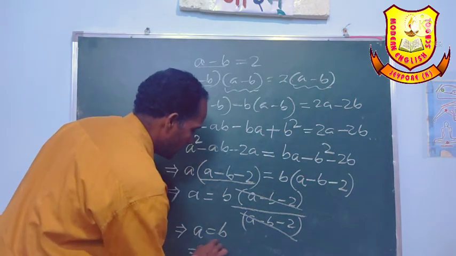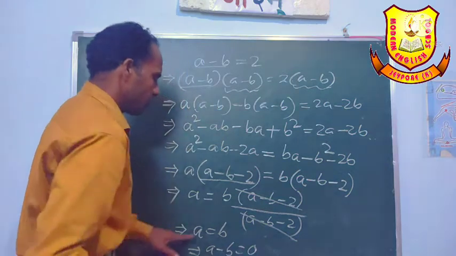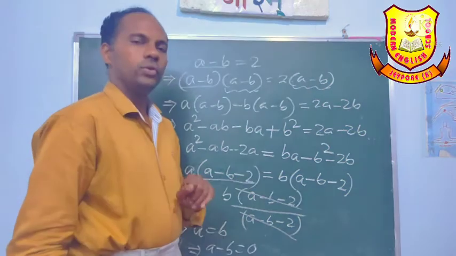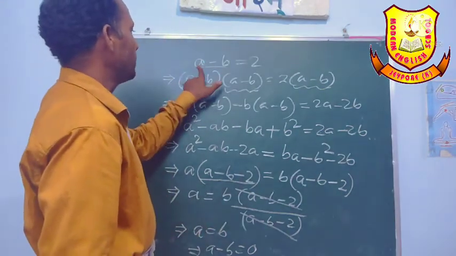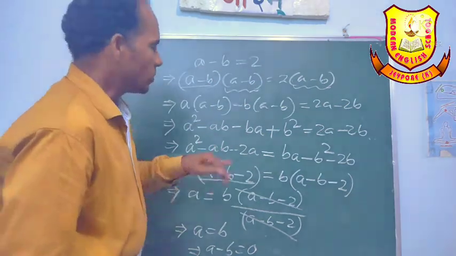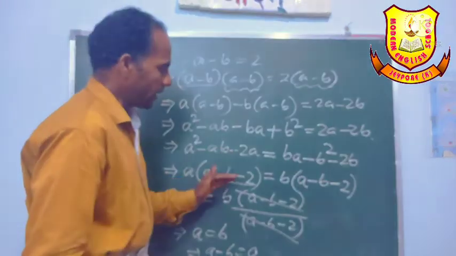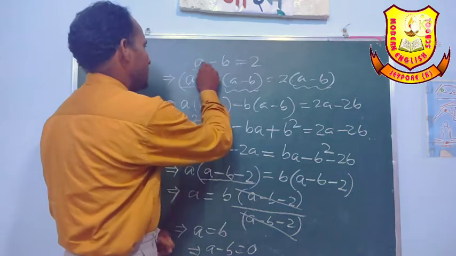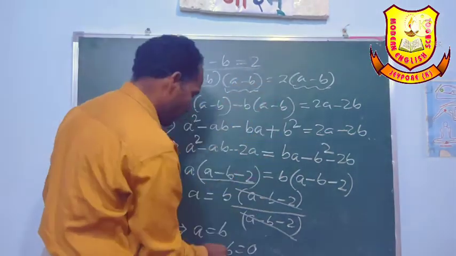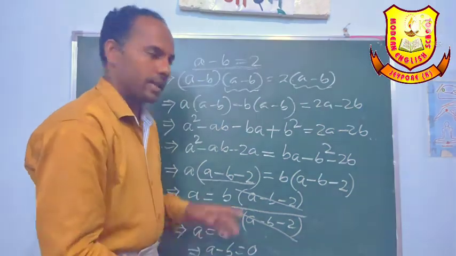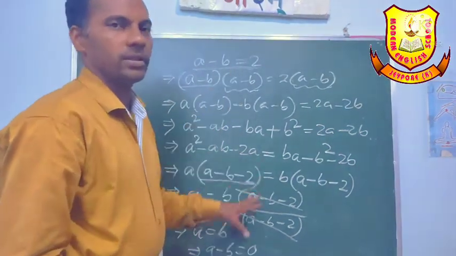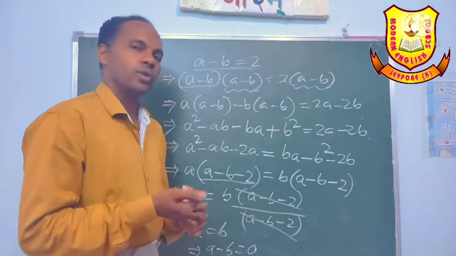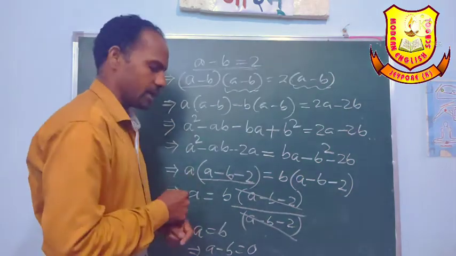If a equals b, then a minus b equals 0. So now a equals b, or b comes to this side and it is a minus b equal to 0. But a minus b was given as 2. We have done the process correctly from start to end. But a minus b equal to 2 was there, and now a minus b equal to 0. That means there must be some mistake within this sum. So where is the mistake? You just think yourself, but I will tell you the mistake.